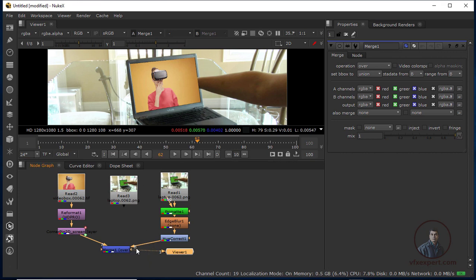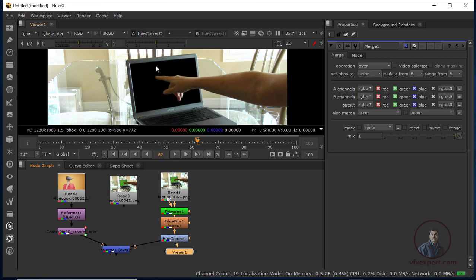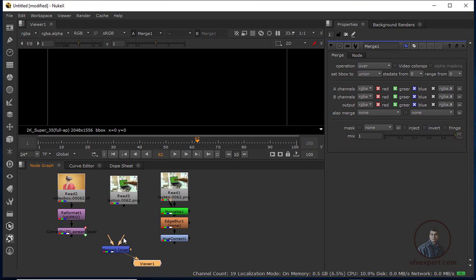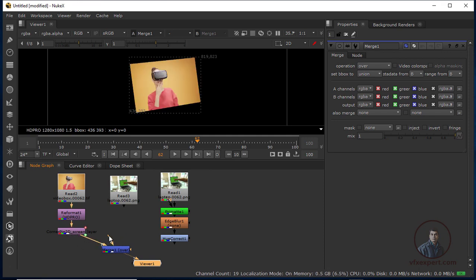Now we have to just switch over these inputs. Because if you press 1 here, you will see this black area is transparent. So just press 1 on your merger, then you have to switch. Which is B you have to make A, and which is A you have to make B. Now just unplug like this, and now this footage we have to make as a B background, and this one we have to use as a foreground.